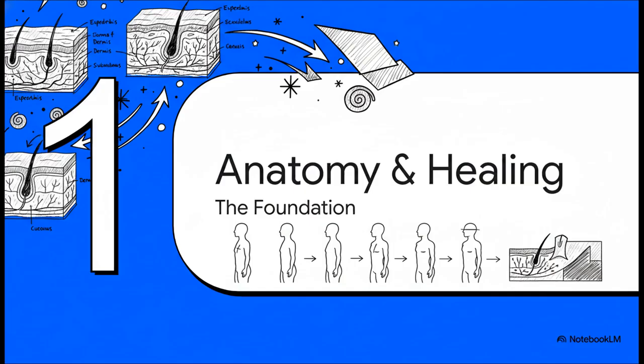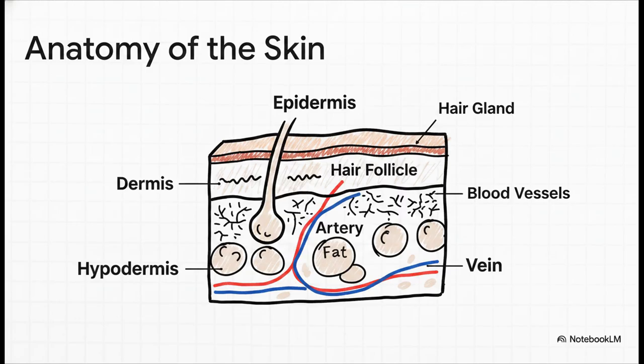You have to understand its anatomy and the way wounds heal, because that knowledge is the absolute foundation for every single reconstructive procedure there is, from the simplest stitch to the most complex transplant. So our canvas is the skin, and it's made of three key layers. You've got the outer epidermis, which is our protective shield. Then there's the middle dermis, kind of the functional layer, with all the hair follicles and blood vessels. And then deeper down, you have the hypodermis, which holds the fat and the bigger blood vessels that feed everything